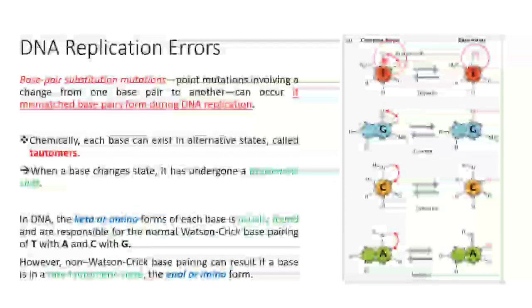If you convert the C double bond O, the keto form, into an enol form, the COH double bond, you see COH double bond representing the enol form. This enol form, guys, represents a rare form of the base and is known as a tautomer. So when you convert the normal common form into the rare tautomer form, this process is known as a tautomeric